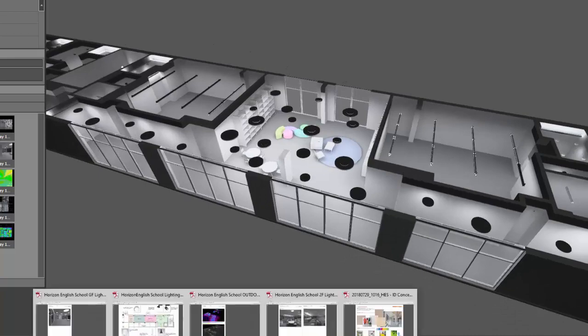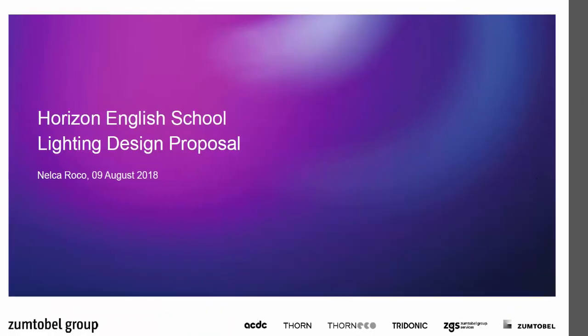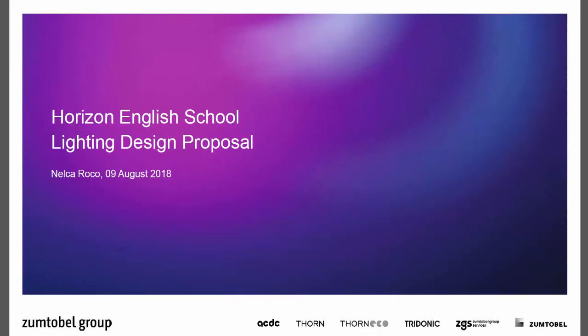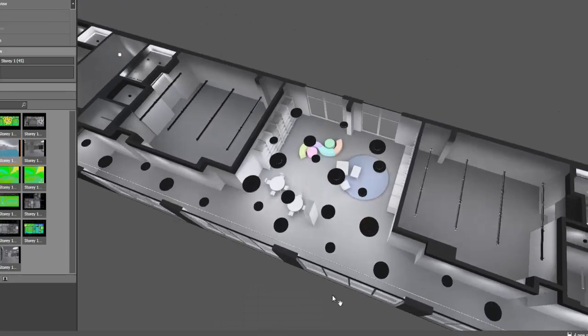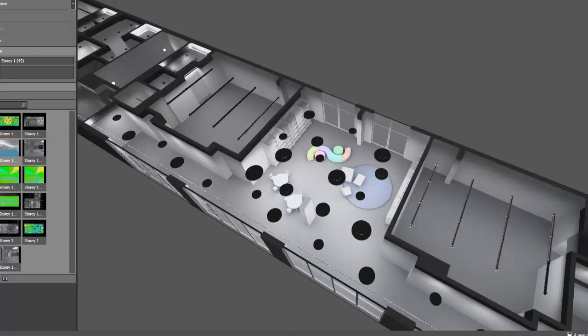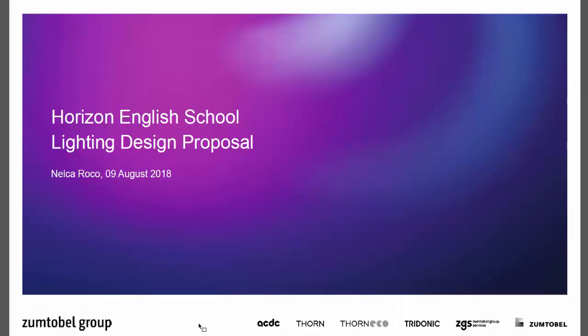Before that, I would like to show you something here. This is the presentation that we provided to the client first. So I did not do the lighting design calculation immediately. It's a no-no. You don't need to do that immediately. You just need to show first the concept, because it's just a conceptual stage. So don't run the lighting calculation immediately, because sometimes the drawing is not yet available. Even the reflected ceiling plan or RCP is also not available.